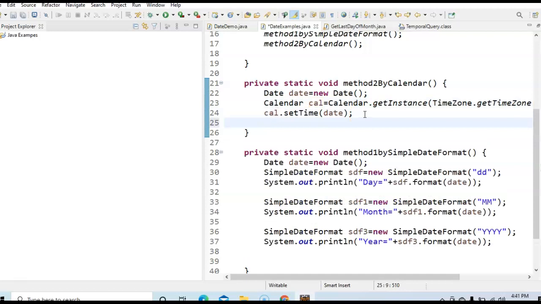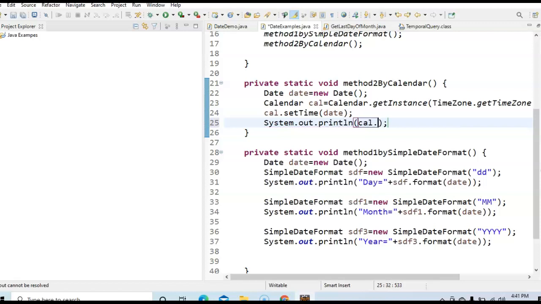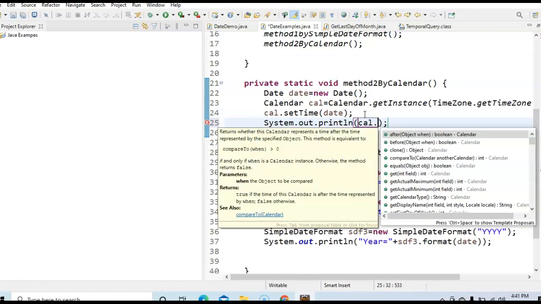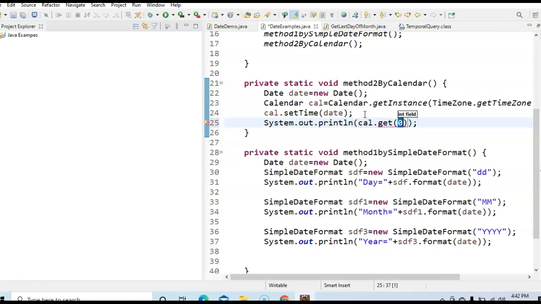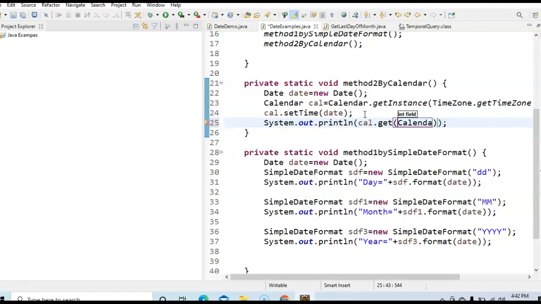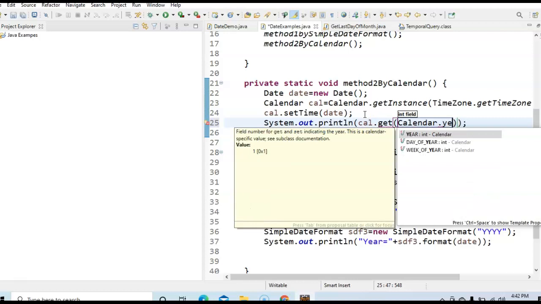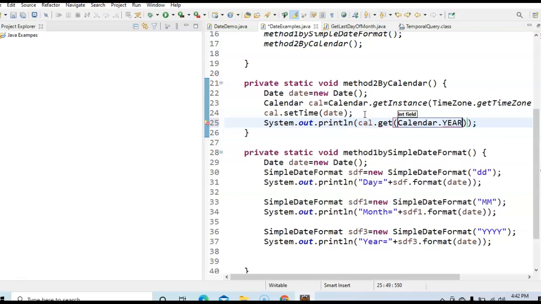So once we get the calendar object, it is very easy to get the date, month, year. Okay, just say sysout cal dot get, here what we need to pass is calendar dot year. We have different constants here. Okay, year, which will print the year.